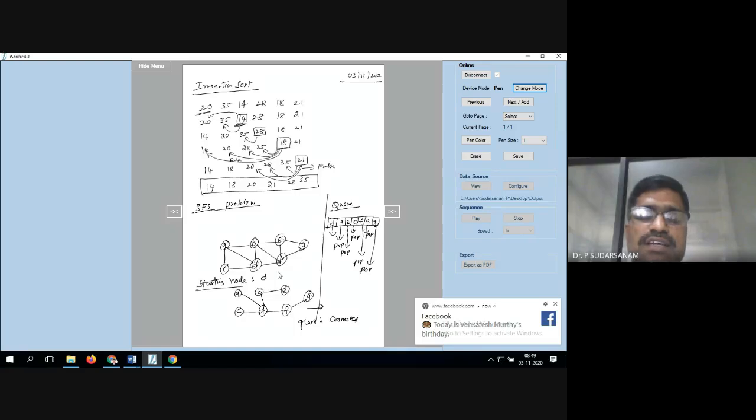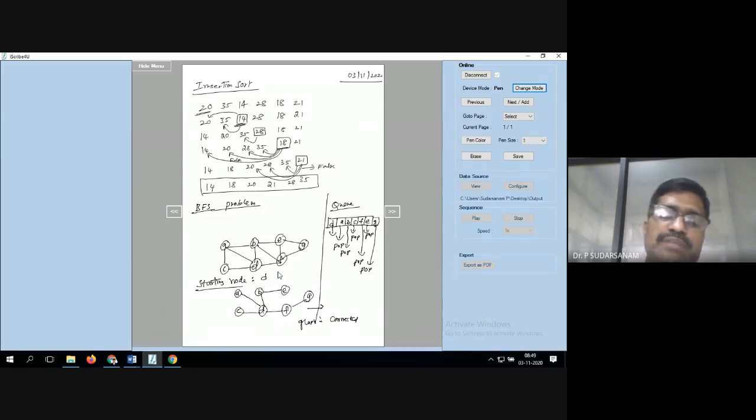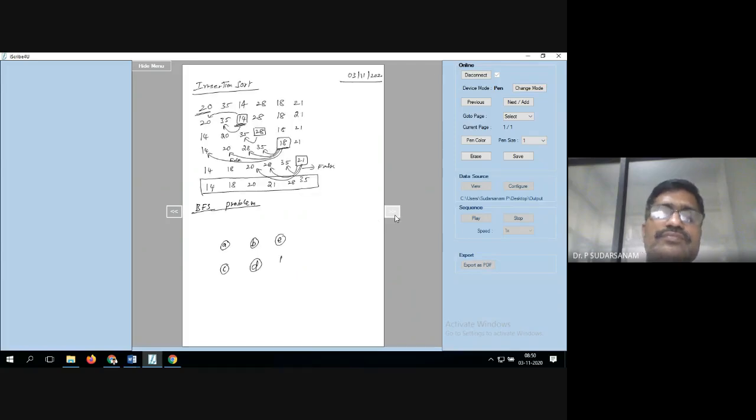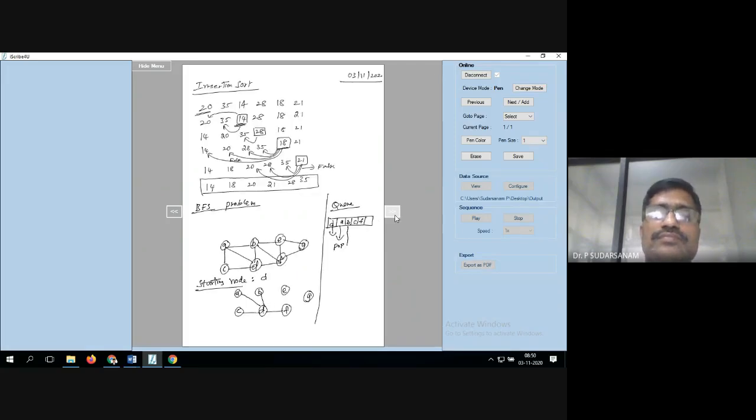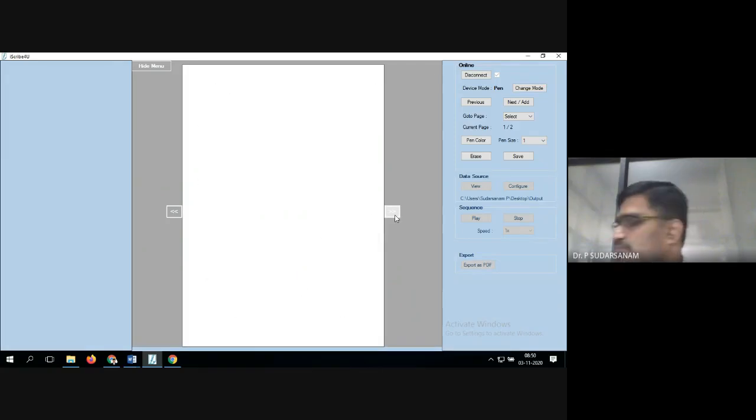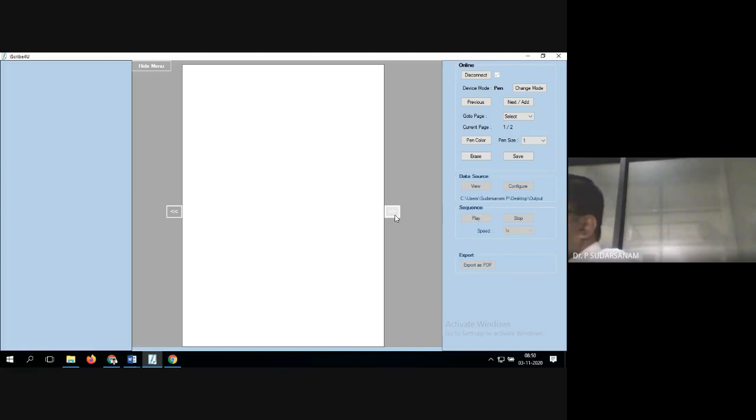The graph is connected. This is what the diagram will be written for the BFS diagram. I have already told you the algorithm also. Now, with the same diagram and the same nodes, I will be doing the DFS. So now